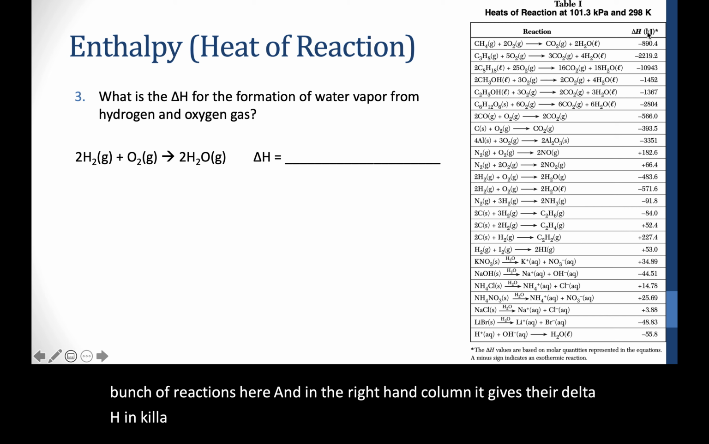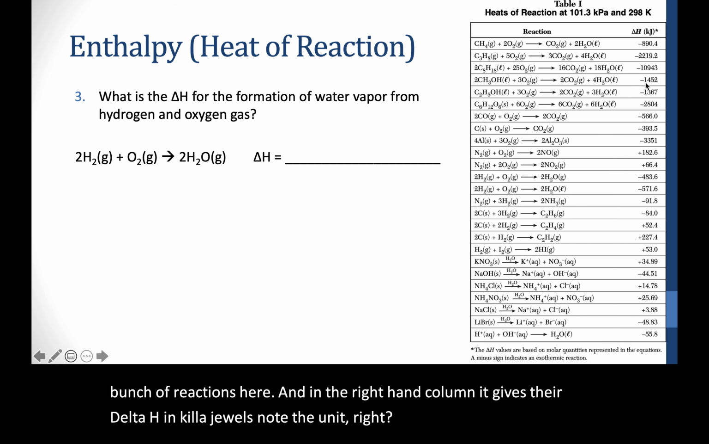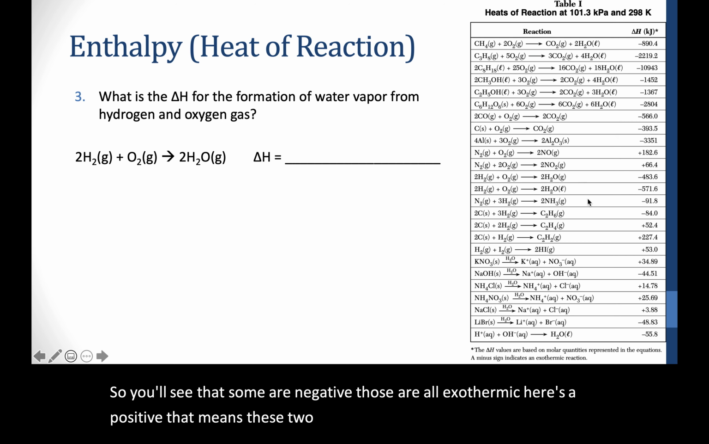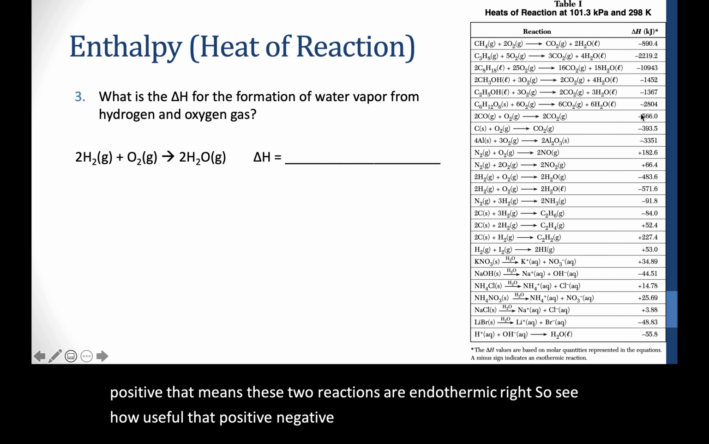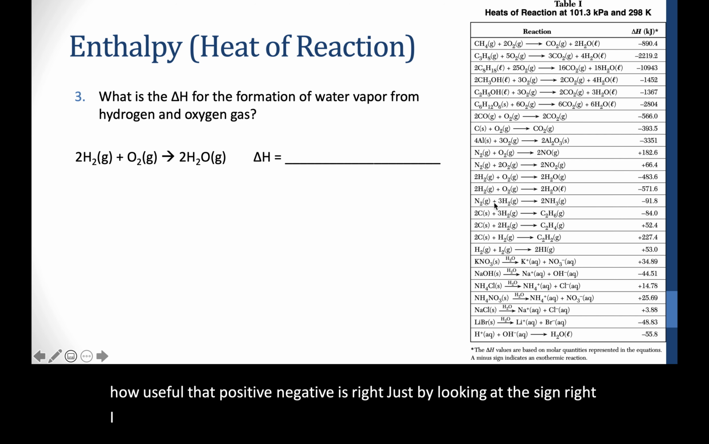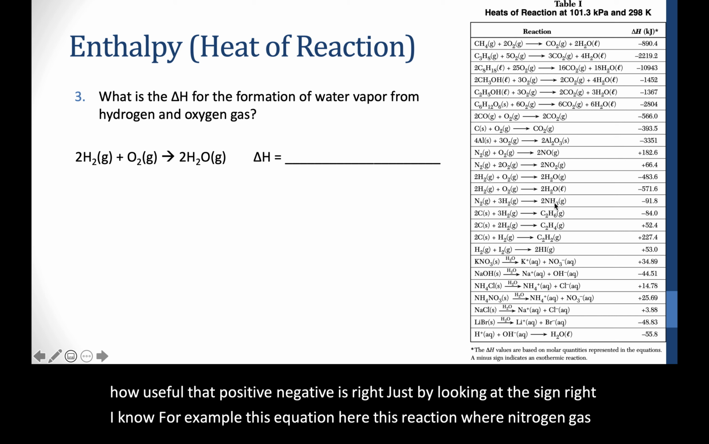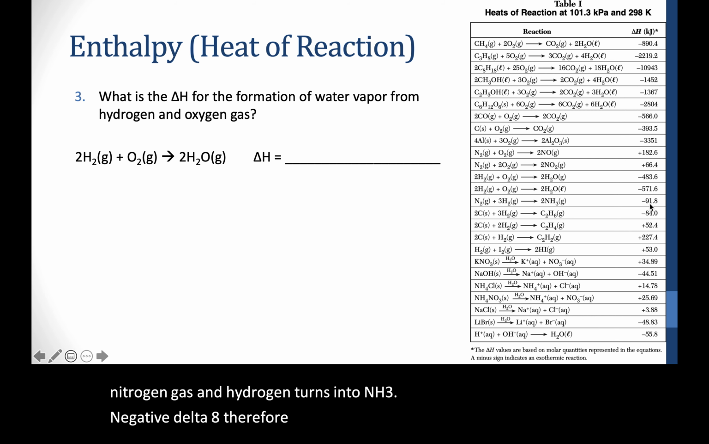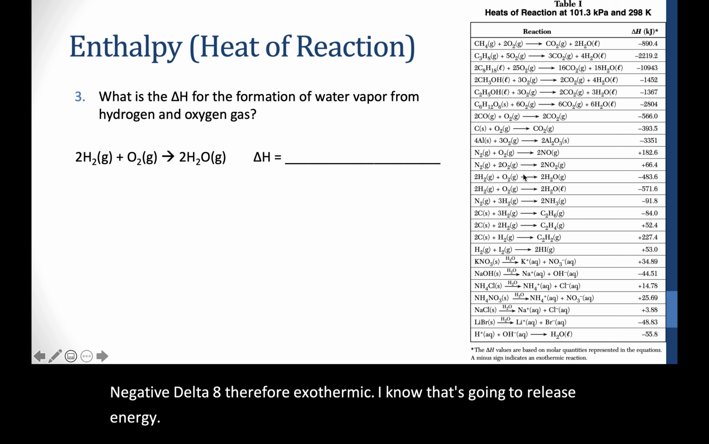Note the unit, right? So you'll see that some are negative. Those are all exothermic. Here's a positive, here's a positive. That means these two reactions are endothermic, right? So see how useful that positive negative is, right? Just by looking at the sign, right, I know, for example, this equation here, this reaction where nitrogen gas and hydrogen turns into NH3, it's negative delta H, therefore exothermic. I know that's going to release energy, okay? So we want to find this one,